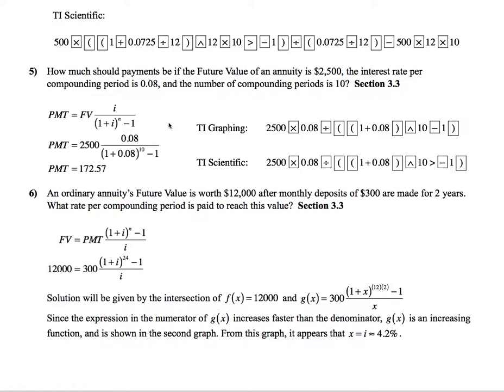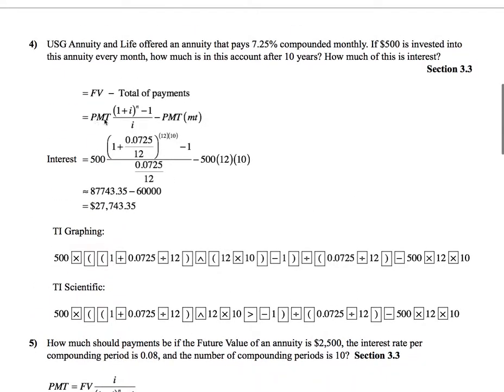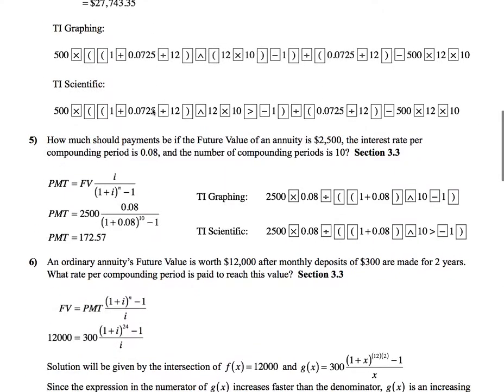All right, now question 5 asks, how much should payments be? The first question says, given the amount of the payments, what's the future value? The second question says, well, we're going to tell you the future value. How much do the payments need to be to reach that future value? And so this is the formula for payments given the future value and the interest rate